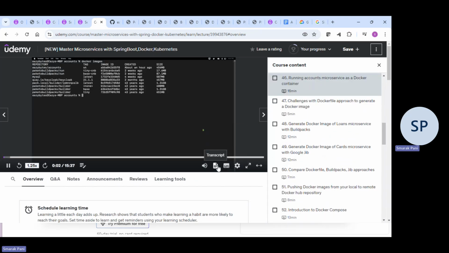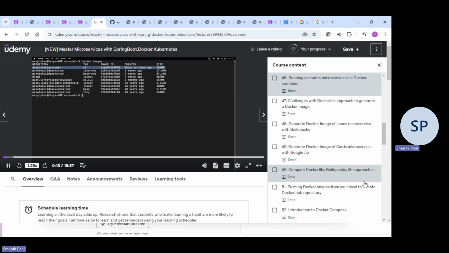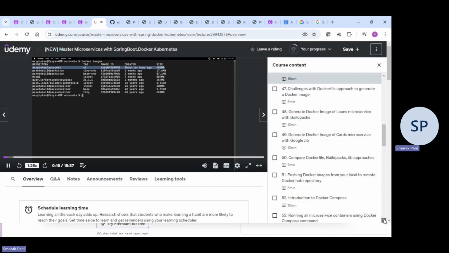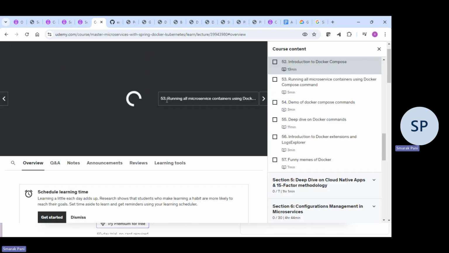Now inside this lecture, let me show you how to run a Docker container from your Docker image. As of now, like you can see, we have this accounts microservice Docker image inside our local system. We built this Docker image with the help of Docker build command. Very similarly, using Docker run command, we can run a container from our